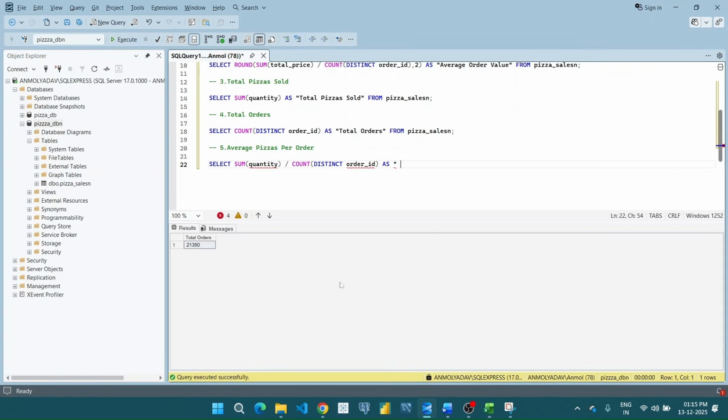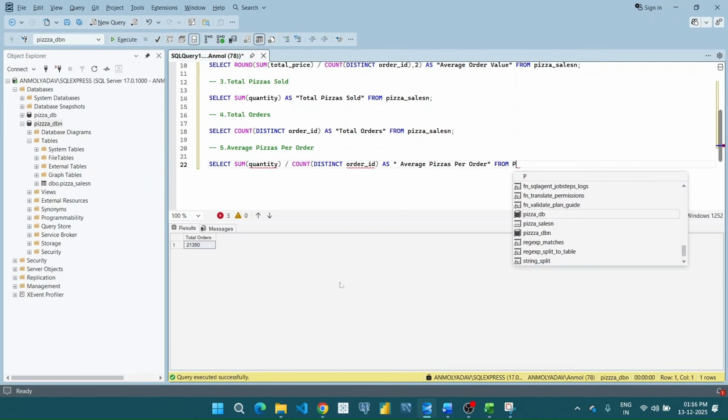As average pizza per order from, let me correct it. SQL is not a case sensitive language, so you can write small or capital, doesn't matter. Okay, it will run from, name